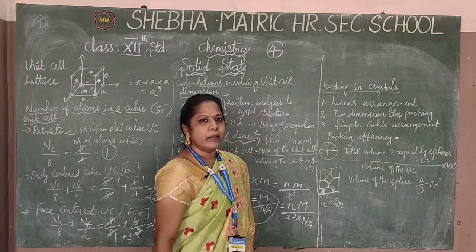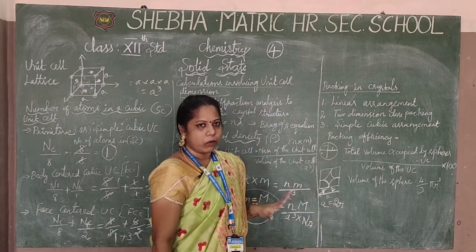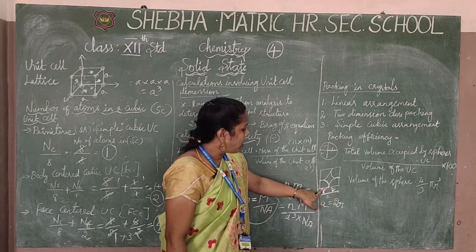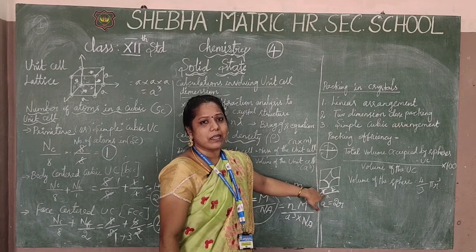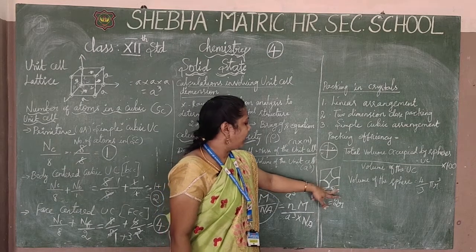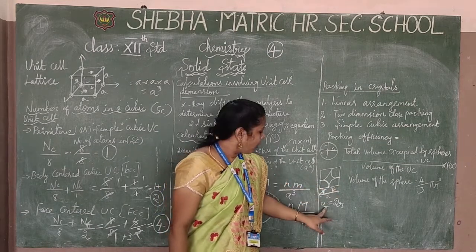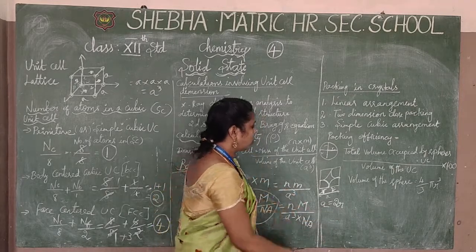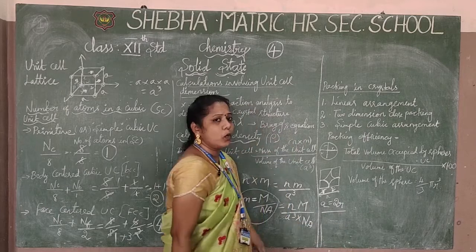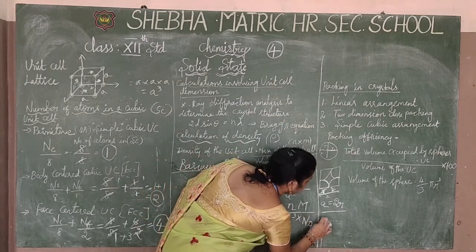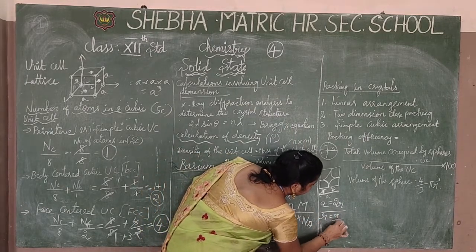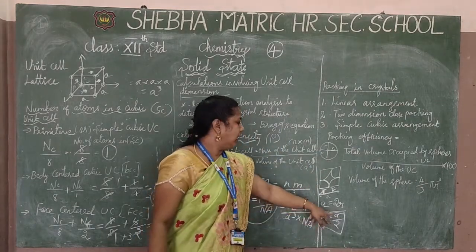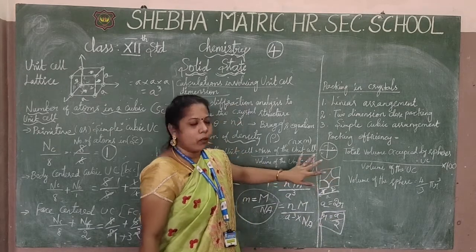Did you get the point? The length is a. The length has 1r and 2r. Totally how many radii is there? For the length, it is 2 radii. So I am going to write down a is equal to 2r. We want to know about the radius, so rearrange it to a by 2. You can get that formula for the radius, a by 2, from these pictures. Did you get it?